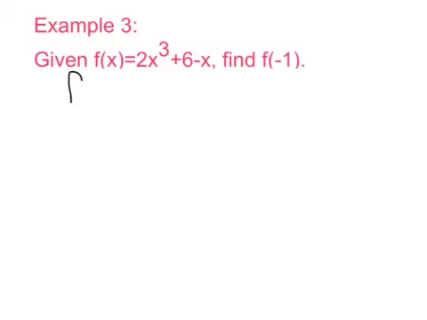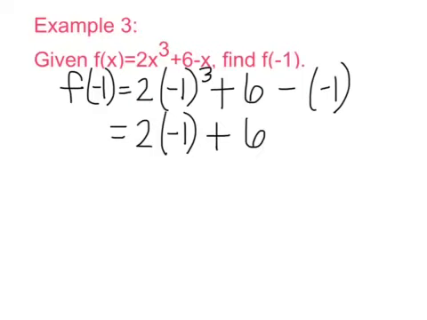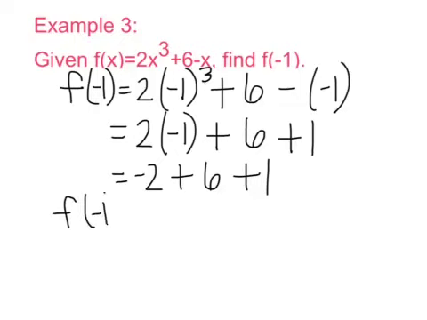So we have f(-1) is equal to 2 times (-1) to the third power plus 6 minus (-1). So let's just evaluate this. Anytime you cube something, you have -1 times -1 times -1. So that's going to be -1 cubed is -1. And a negative becomes a positive 1. So 2 times -1 gives us -2 plus 6 plus 1. So our final answer is f(-1) is equal to